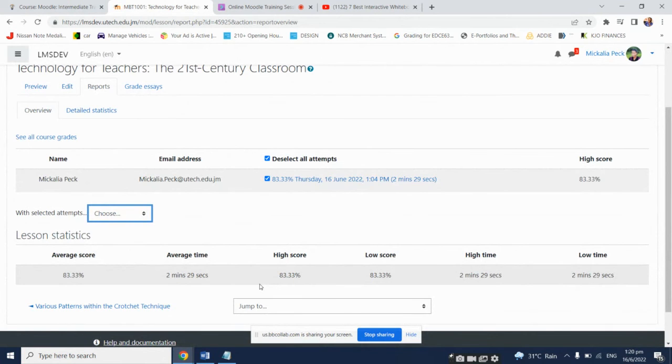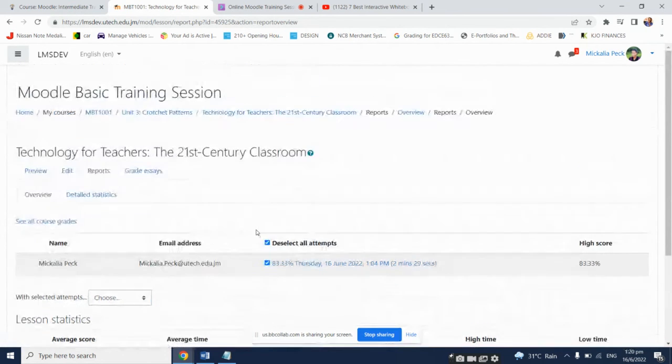Typically, just like with the quiz feature in Moodle, you'd be able to download an Excel of the entire attempt from all students at the grades. Not seeing that option here. Okay, so that's basically